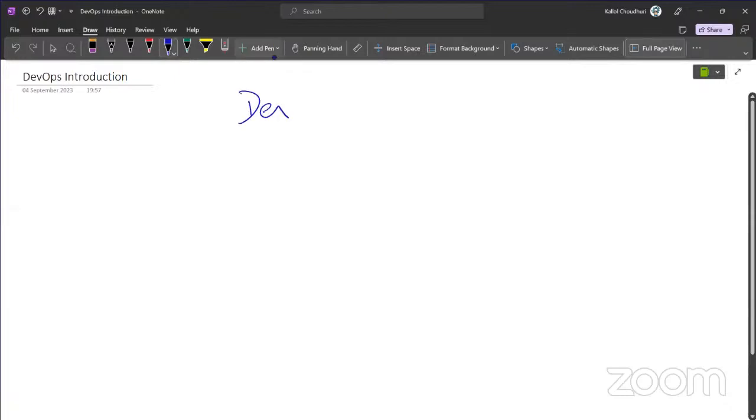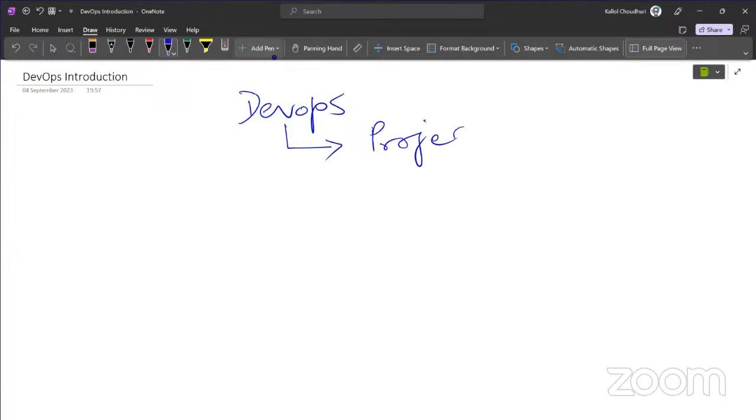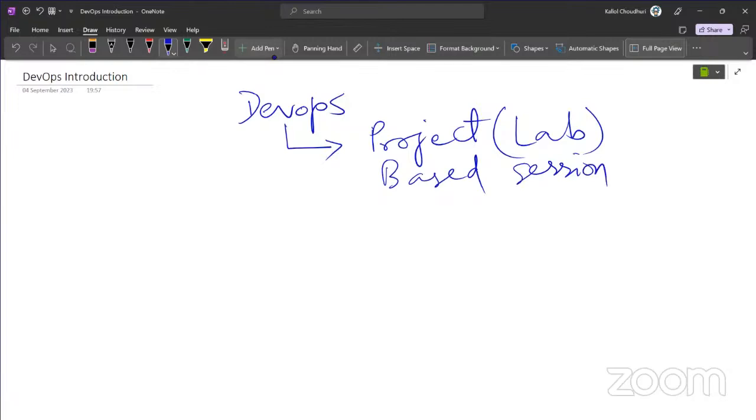You will come across this word DevOps, and this course is going to be completely project based. Call it lab or practical. It is going to be a project based session. What this means is we are going to have to use various tools. There are various DevOps tools that will be used. Tools, practices,